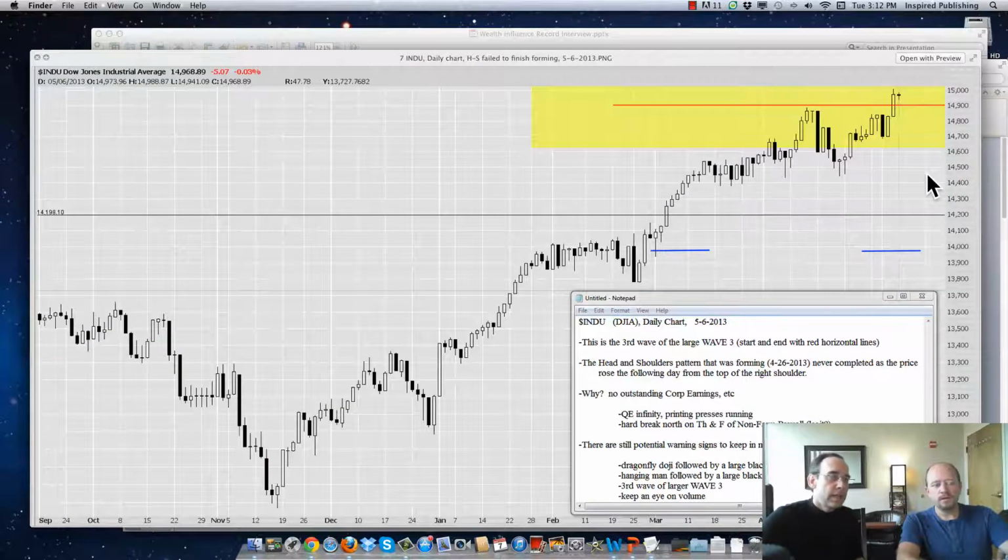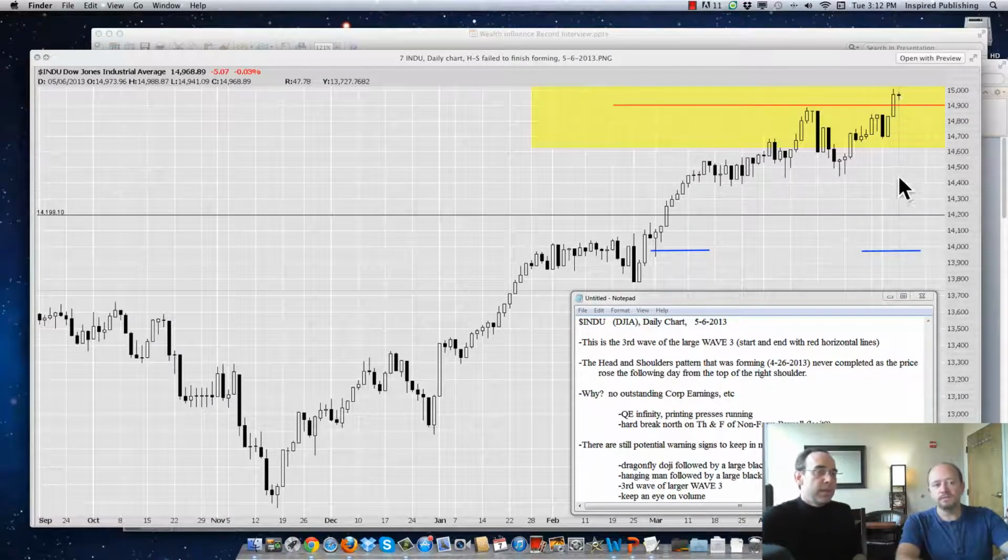Well, here's what has happened since that time. And again, here's the first slide that you had seen with the 3 waves and the head and shoulders pattern here at the top. And right about this candle right here is where we were the day that we did that video. And again, in order for this to be a complete formation and say, okay, there's a head and shoulders pattern, it has to come back to the neckline. Well, you can see from that day, it actually just kept going north, and bam, it has continued to go north and just continue to break on higher from here.